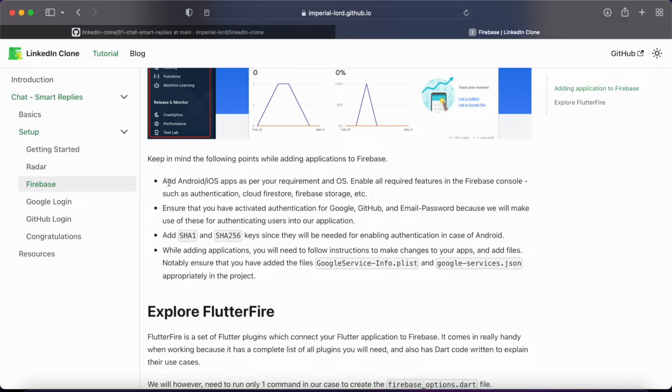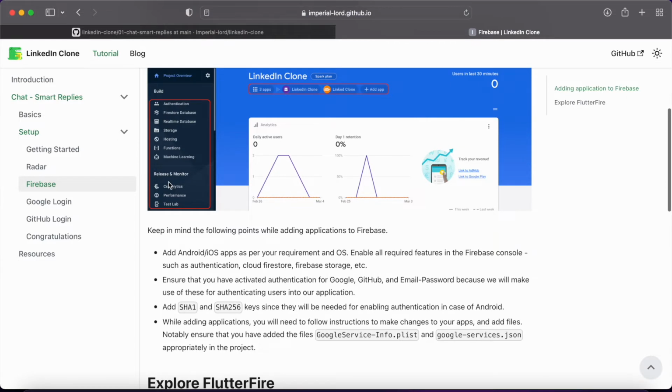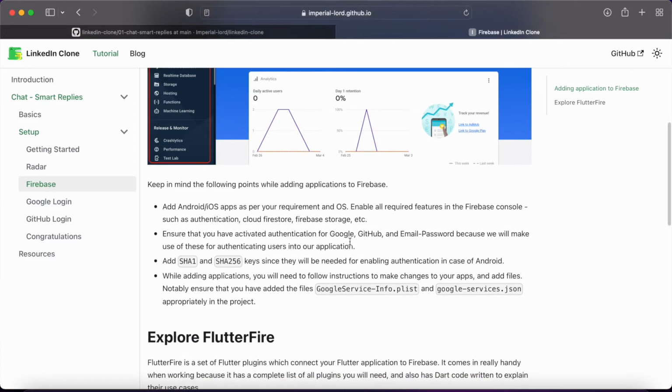The first point is to enable all the features that you'll need. In our case, for this video, we're going to need basically the authentication feature and Cloud Firestore, which is this Firestore database feature. Then make sure that you have authentication enabled for Google, GitHub, and email password.